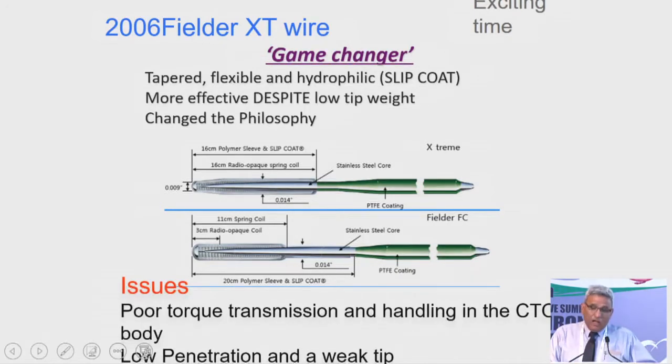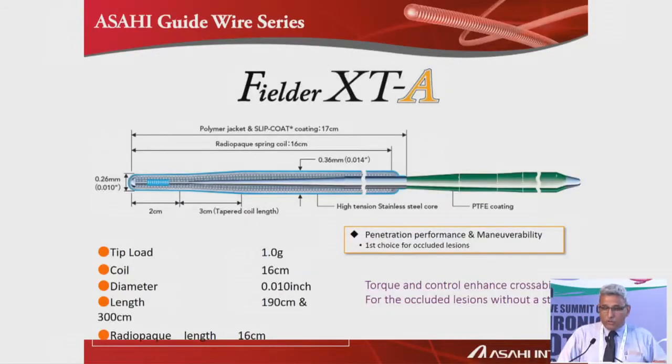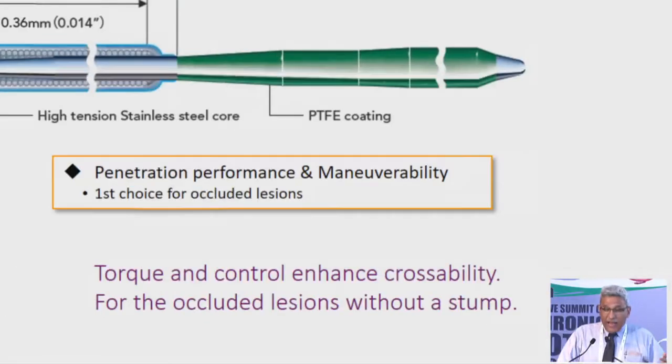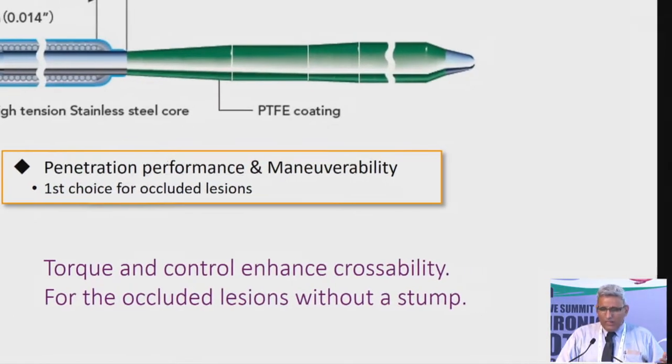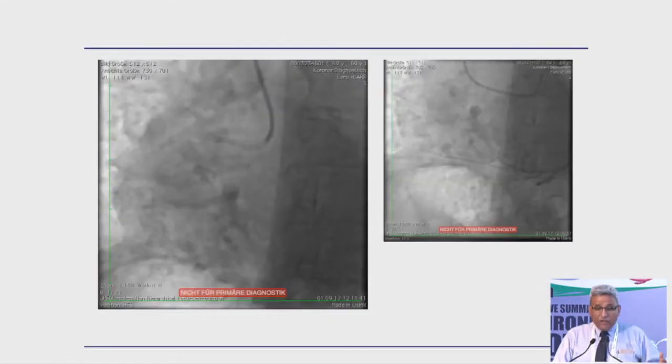Unfortunately, there was poor torque transmission and handling in the CTO body with low penetration and a weak tip. Secondly, there was a kind of whip motion response whenever we would use any of these wires. And to overcome this, we had the rope coil, which was introduced in both the XTA and the XTR, which again became a kind of default strategy. So if we look at a case,